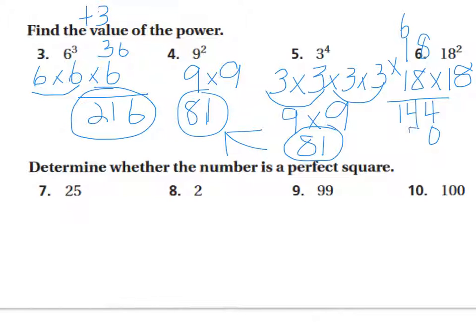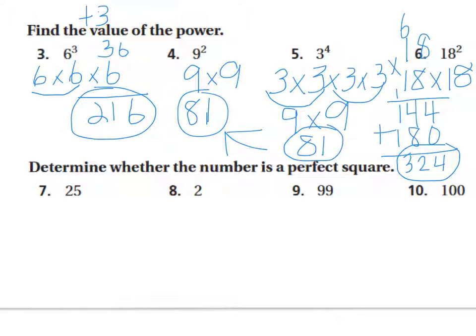1 times 8 is 8, and 1 times 1 is 1. Adding those together, 4 plus 0 is 4. 4 plus 8 is 12, and 1 plus 1 plus 1 is 3. 18 squared equals 324. In questions 7 through 10, we are asked to determine whether the number is a perfect